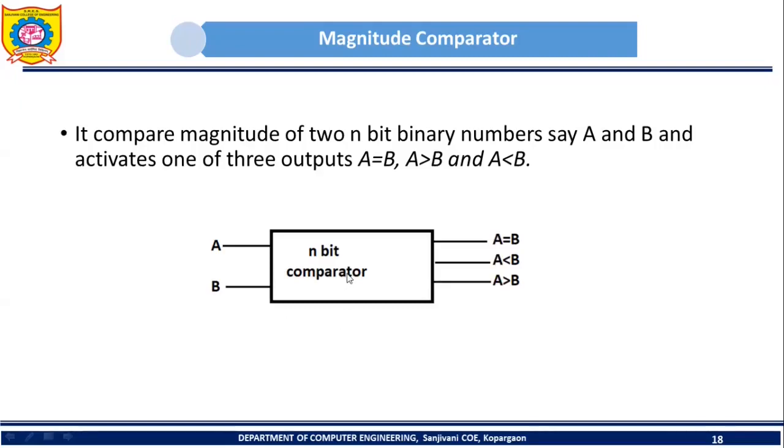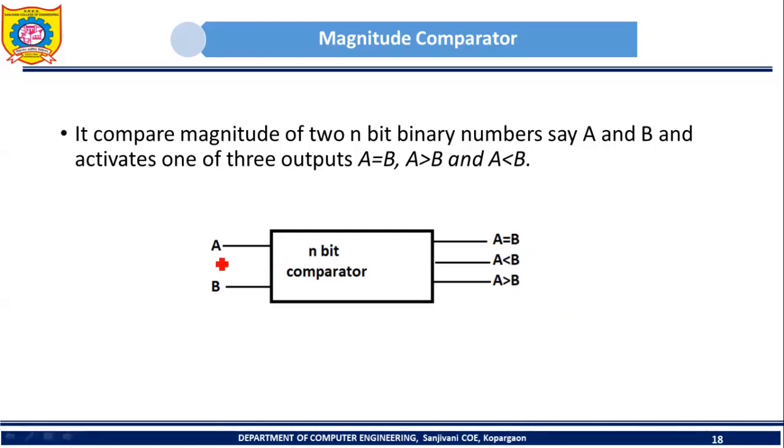So this is the block diagram of a magnitude comparator. The first output is Y1, suppose the second output is Y2, and suppose the third output is Y3. If A and B are equal, what will happen in the n-bit comparator? Output Y1 will be set to 1, Y2 will be 0, and Y3 will again be 0. Why? Because A and B both are equal. So the first output, which corresponds to the case A equal to B, will be set to 1 and the other outputs will be 0.